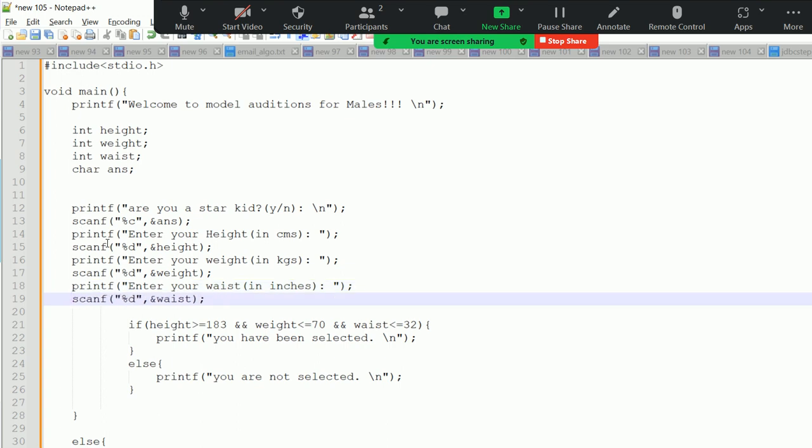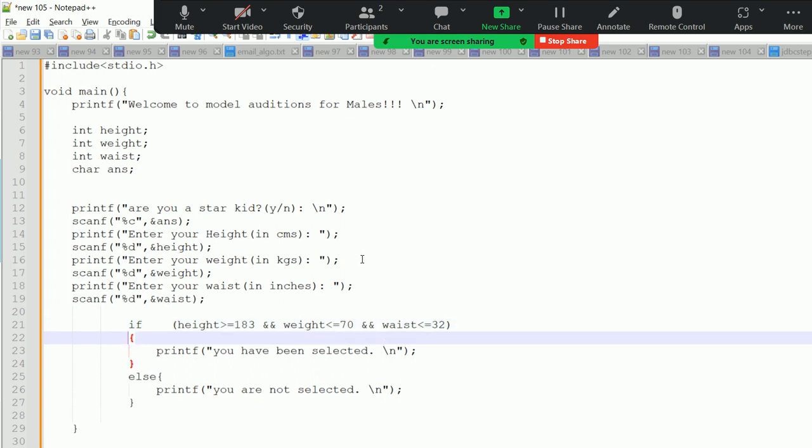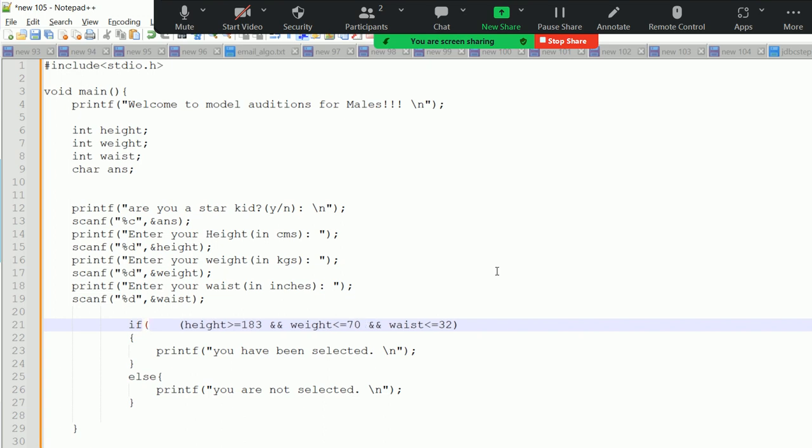And now you can just put it in one single if. That if height is this, this is one way of getting selected, right? This is on merit, and so I'll put this bracket for my merit, okay? So this is my if over here. This is my bracket for if, opens over here and closes over here, okay? So this is for my merit,